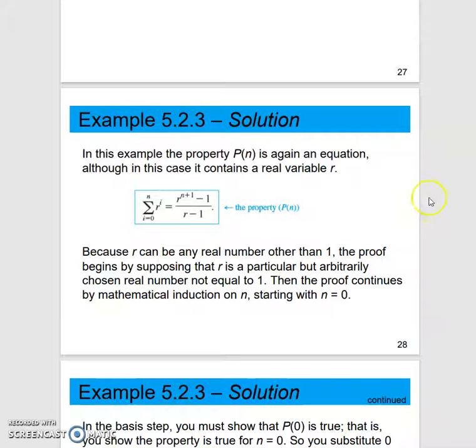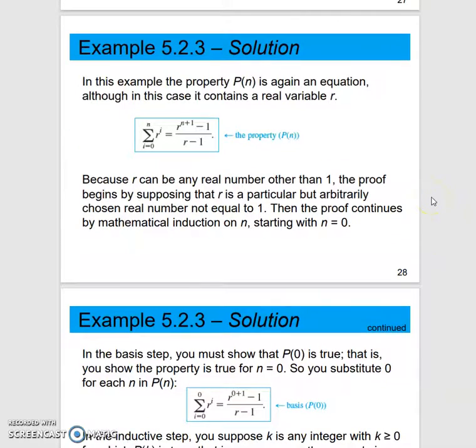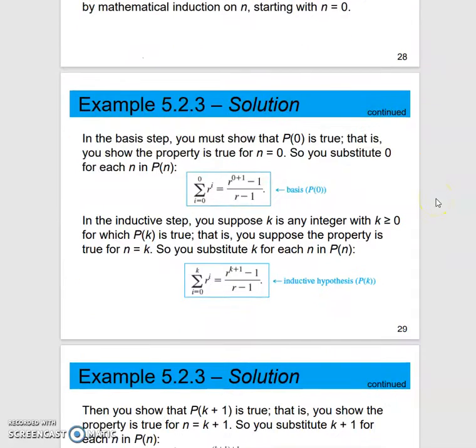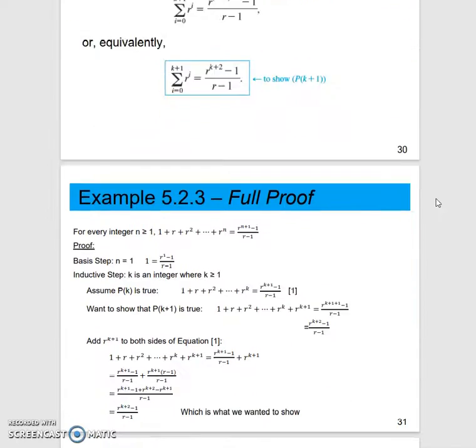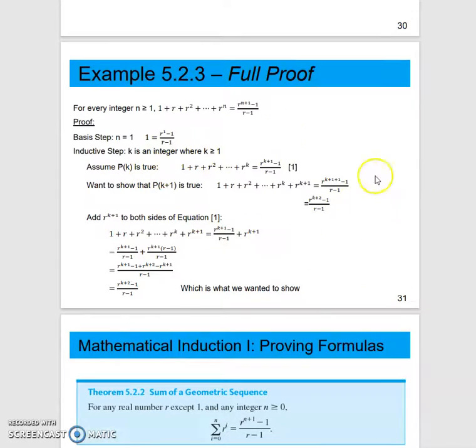So again, I'm going to kind of skim past what your textbook author does, but there is talking through step by step where all of that comes from. And I'm going to hop up to my full proof here so you can see it. Here's my basis step. I can see that I get a 1 on both sides. My assumption step, again, I'm assuming this is true, so that I want to show that k plus 1 term. Again, I'm going to write it out and then simplify just a little bit so I can see it more easily. Much like my last proof, I'm going to add that r to the k plus 1